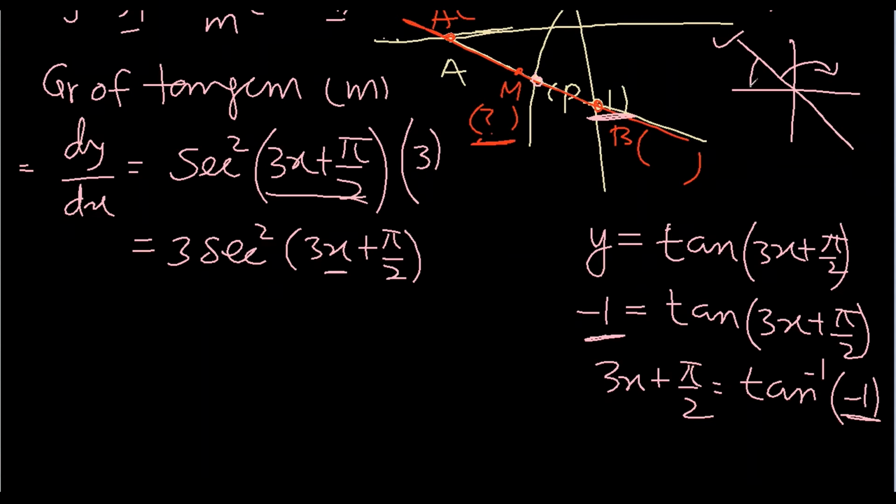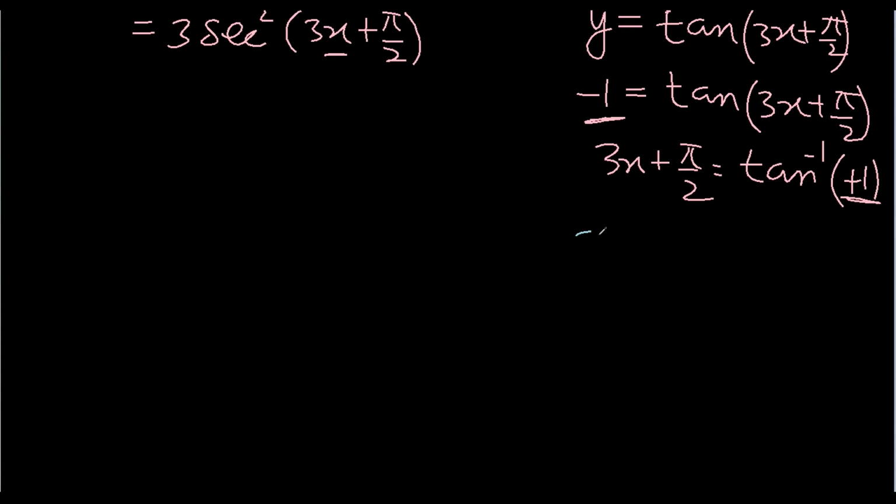Now we can find this angle by tan inverse of positive 1, because the quadrant is with us now, which is pi by 4. Tan inverse 1 is pi by 4. So the angle of our requirement is this angle from 0 till here, which is pi minus pi by 4. So 3x plus pi by 2 is equal to pi minus pi by 4. 3x equal to how much? 3 pi by 4